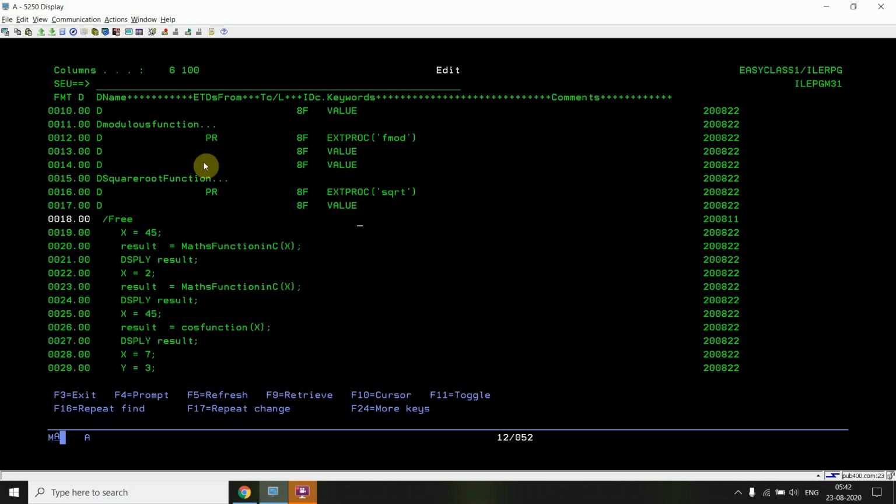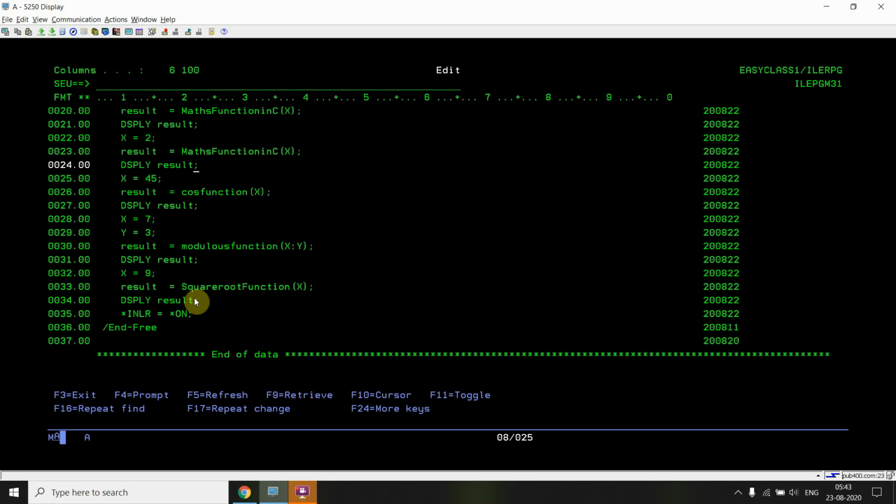Here I'm doing the same. I'm passing the value, for example setting x equal to 45, then the math function in C, that is sine x, and I'm displaying the result. This is the math function in C again by passing 2, so I'm calling this twice. Now the cos function will take that float 8 and return float 8.